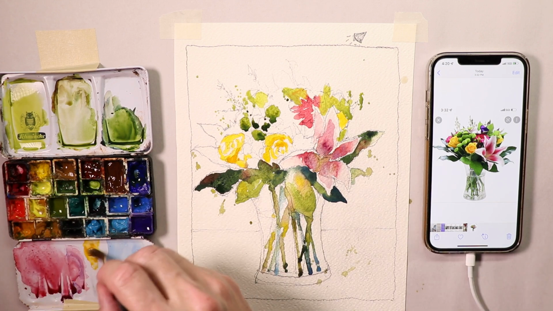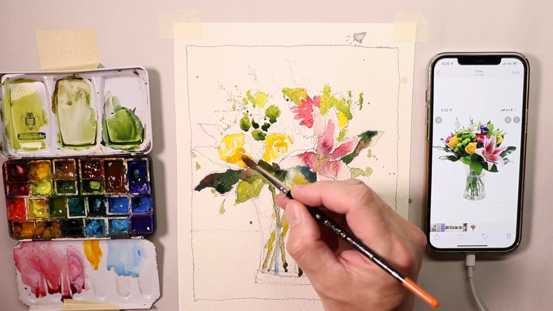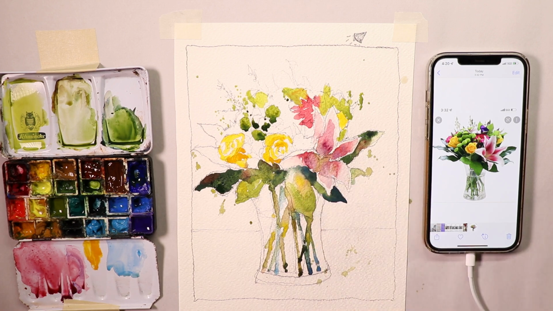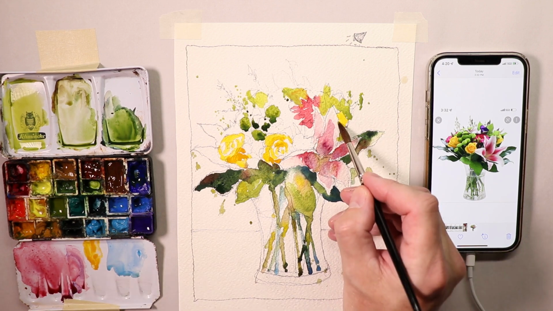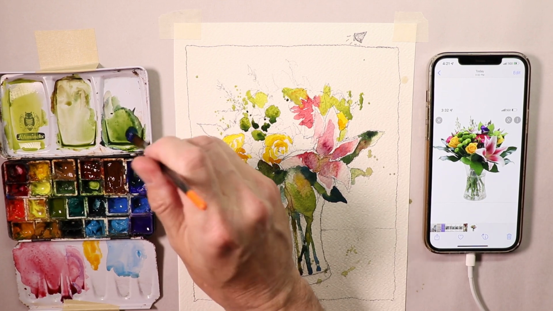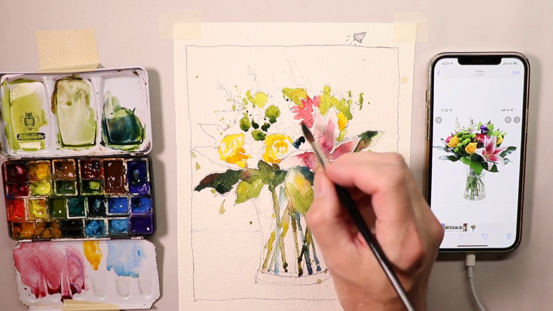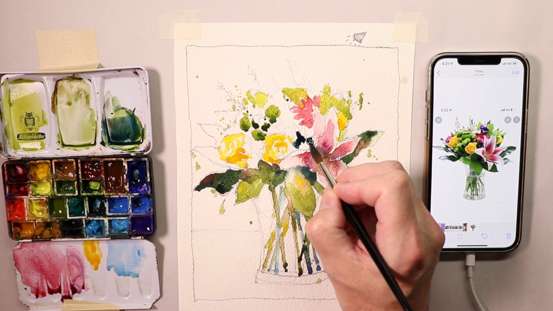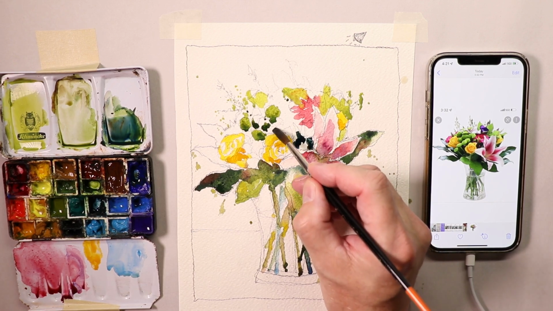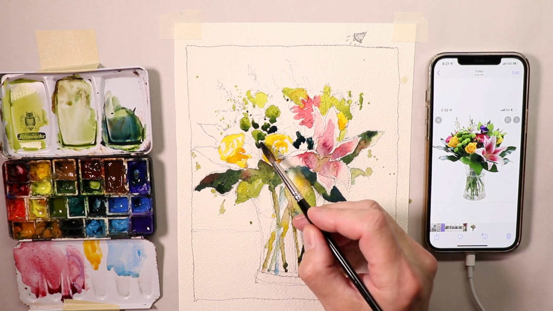There's a little bit of orange mixed in with that cadmium yellow for our roses. So there's a little more, a bit of a darker dark there. I noticed over here too. Like that. And there's some more darks in here in the center of the flowers. Underneath here I noticed there's a little bit of,